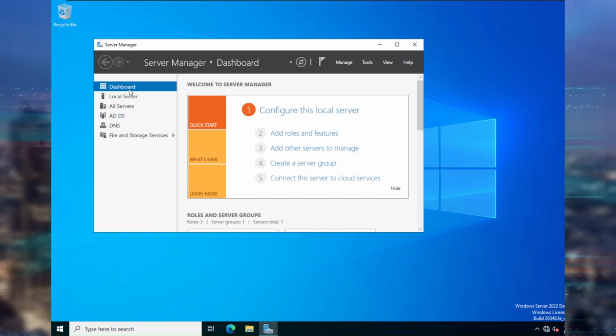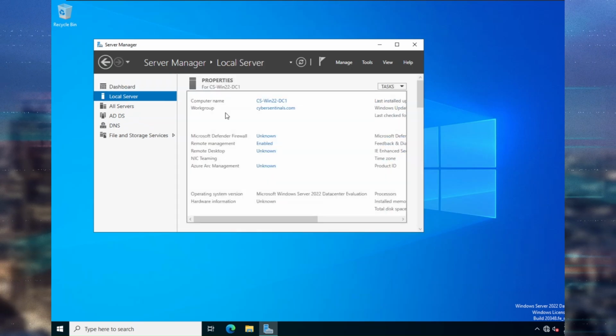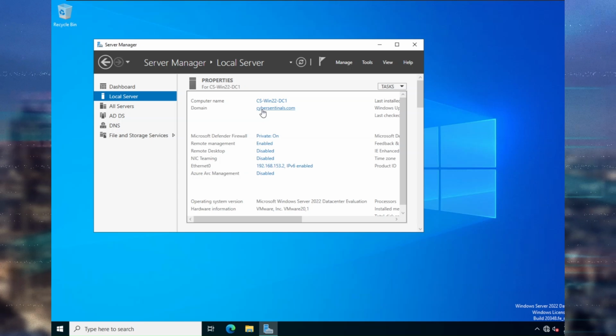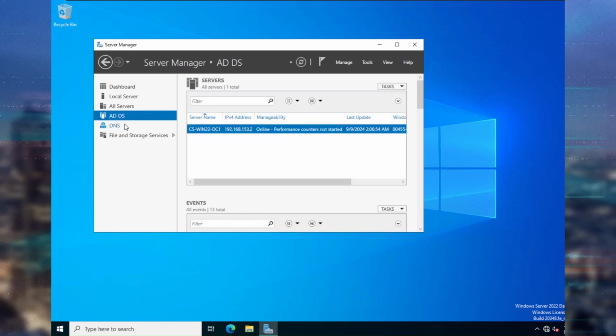So as you can see, a couple of items added here. Active Directory domain service, DNS server, domain name server, everything is added. So when you go to local server, it was changed from workgroup to cybersentinels.com. And the IP address what we set as a static IP, you can see it here. And all DNS,